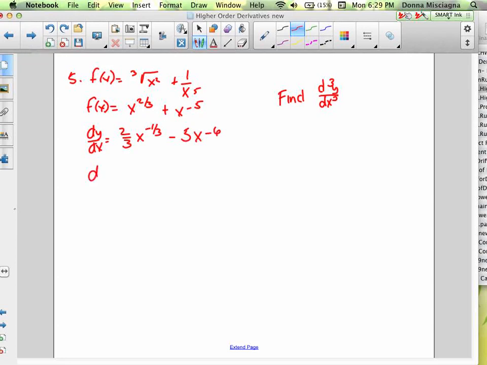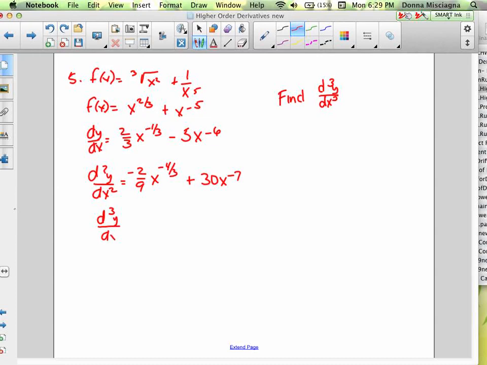Let's take the second derivative, d2y over dx2. So now we've got 2/3 times negative 1/3, that's going to be negative 2/9 x, and then negative 1/3 minus another 3/3 is going to be negative 4/3 power, plus, because we got negative 5 times negative 6, plus 30x to the negative 7 power. And one more time,